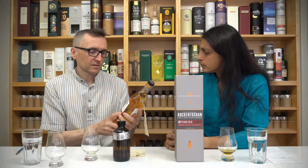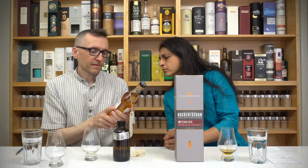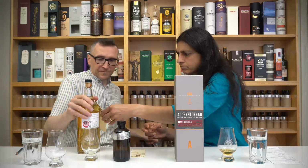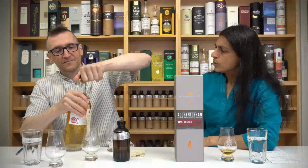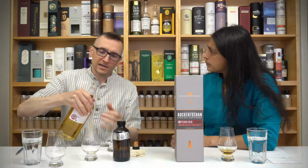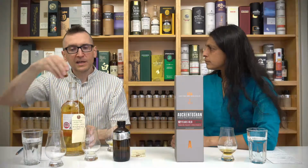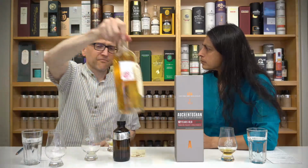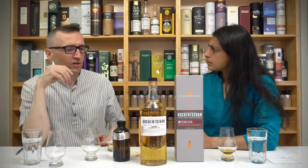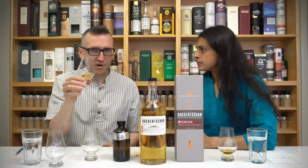Age. Don't know. We'll have to look it up. Right, in the back of the... Oh, that cork's coming apart a little bit. Anyone can buy it? No, it's not a standard release. I was going to say I bought this at the auction, but apparently we got it from Whisky World. They don't come out that often. But from memory, the little sip that we had...